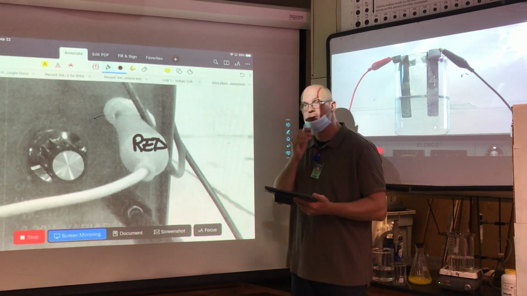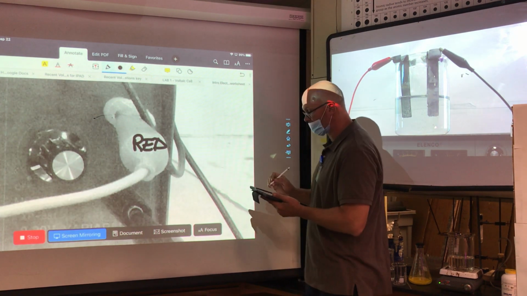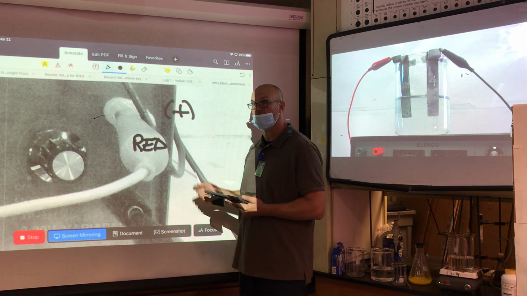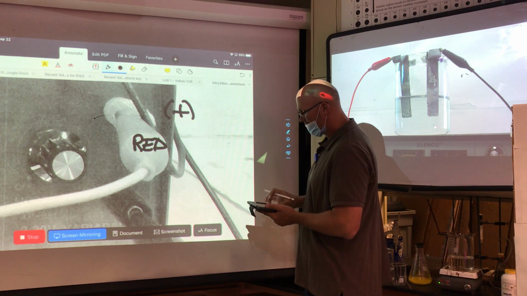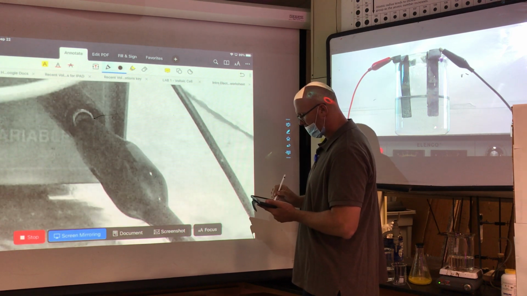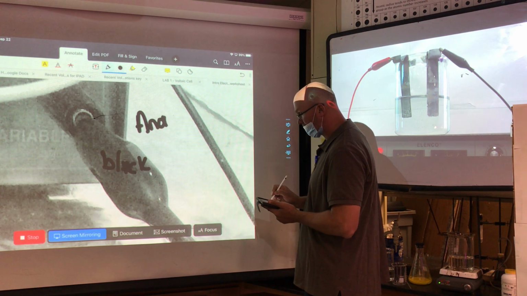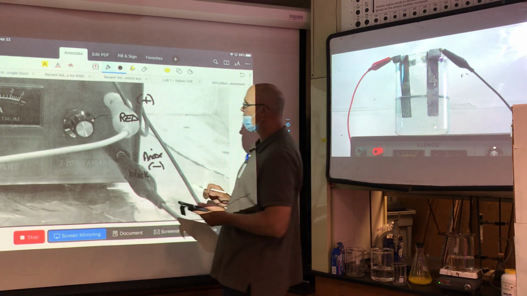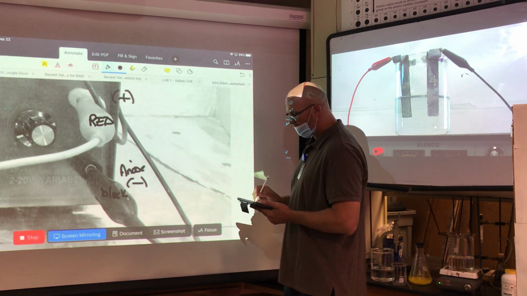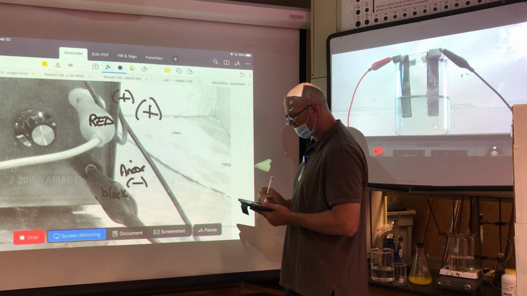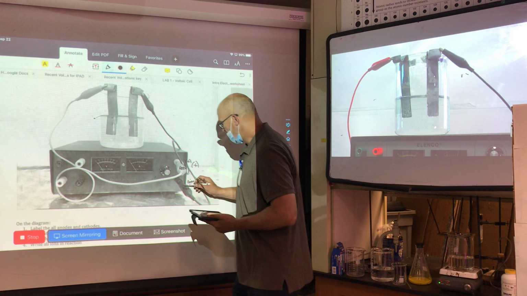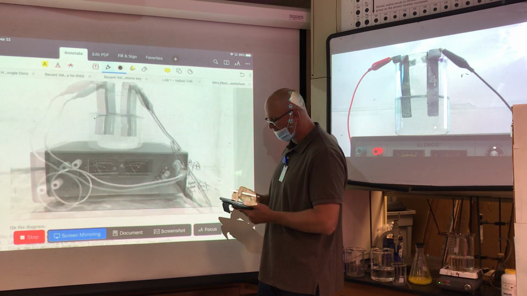So that's a red little cathode here. And the cathode of the voltaic cell is what? What's its charge? Positive, because that's the place where reduction occurs or electrons go to in the battery. Here, the black lead is attached to the anode of the battery. We know the anode of the battery is negative. We make it negative by convention because that's the place where electrons come out of. So, let's start with the black lead. Electrons are being pumped from the battery